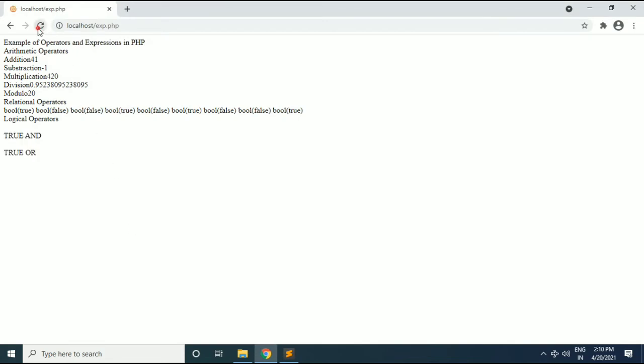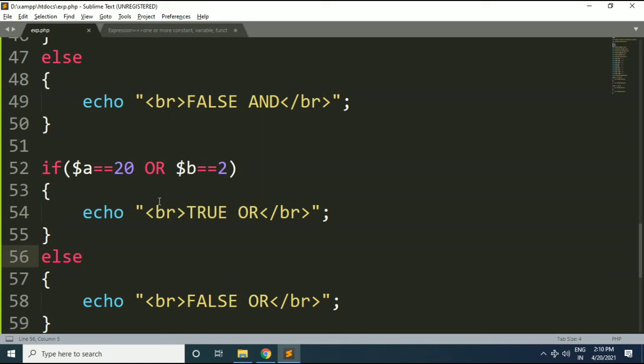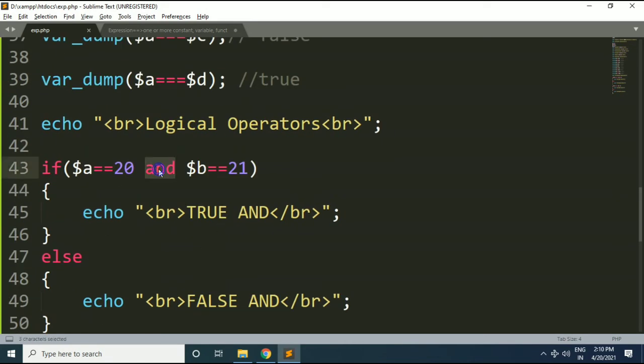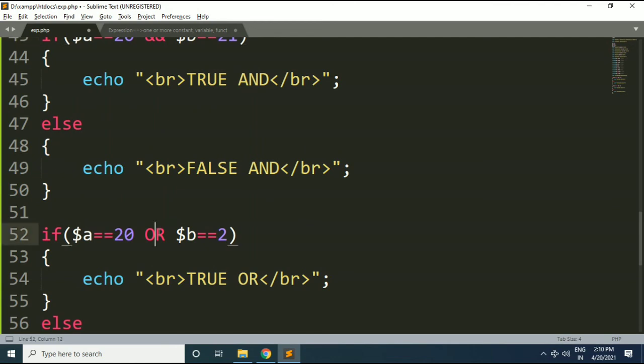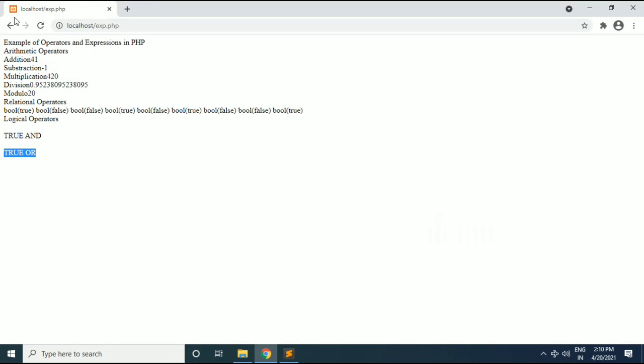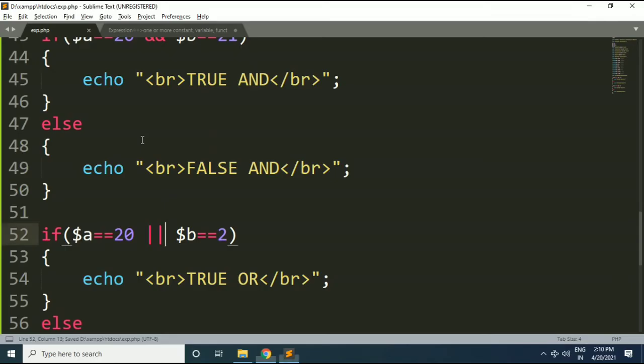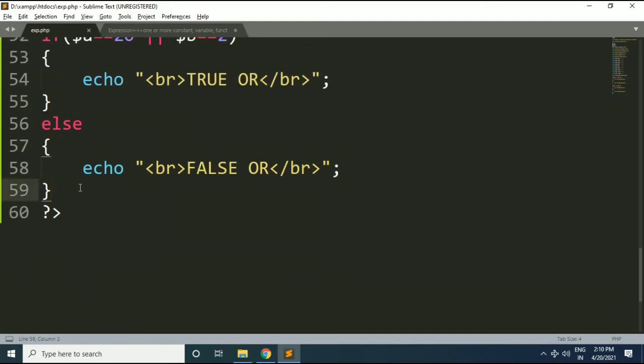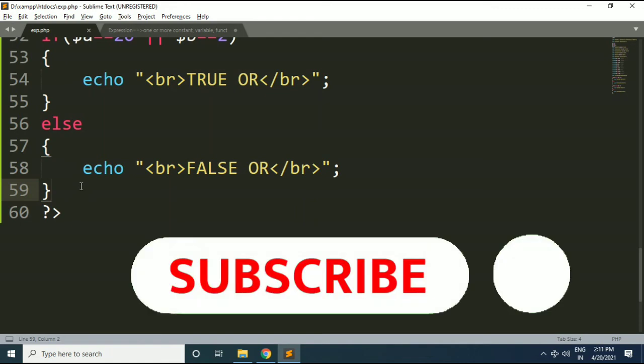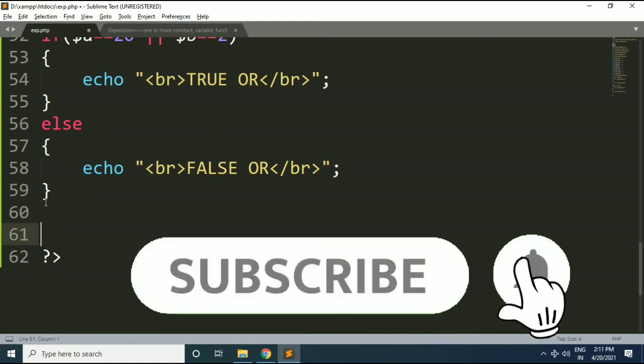Okay, you can see here we got true OR result. Like this we can use OR operator. So instead of this AND we can also use these symbols, or instead of OR we can use this pipe symbol as well. Okay, if I refresh, see you will have same output. Okay, this is logical operators. You can also use negation operator, which returns true if result is false and which returns false if result is true, like this. Then next to that you can use conditional operator.